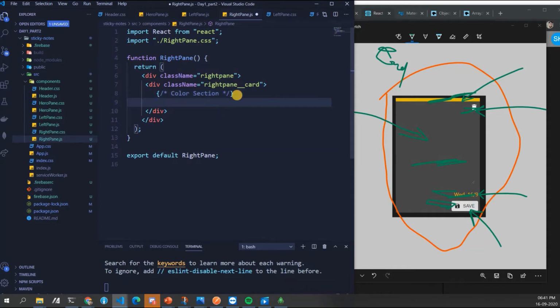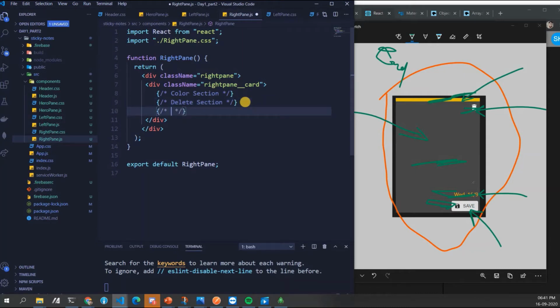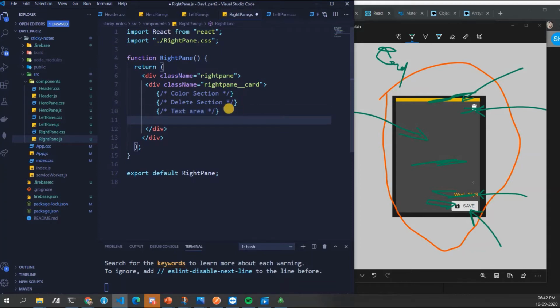This always helps me in designing my layout. You guys don't have to follow, but follow this practice, guys. This is actually a very nice practice.